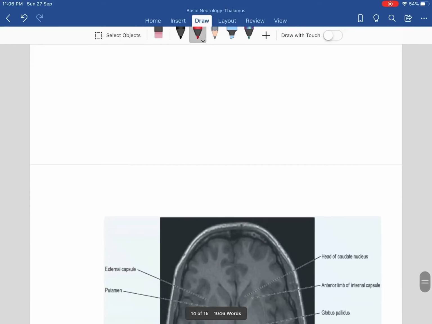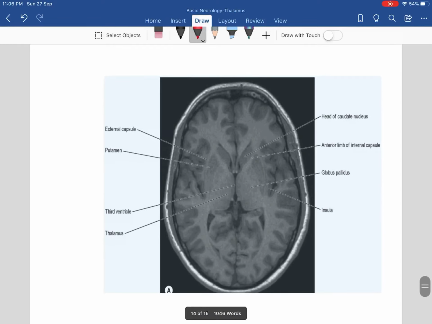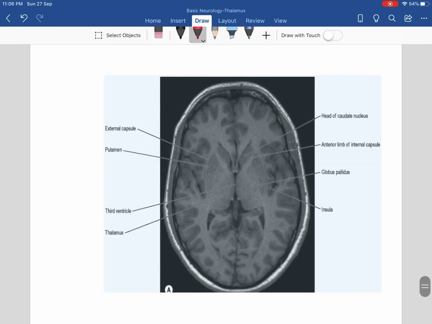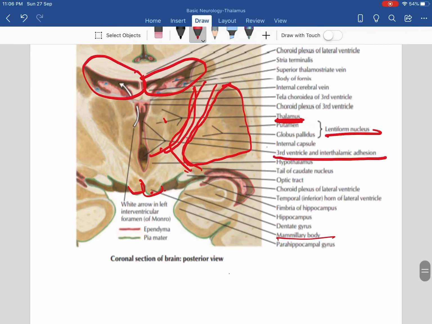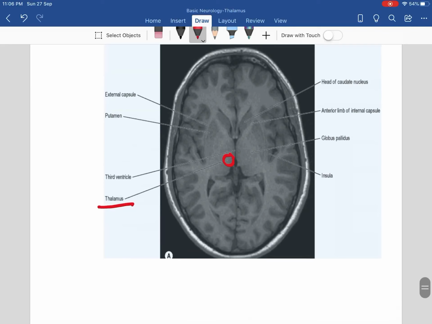Okay, so now would you be able to tell in the MRI which are the structures? Okay, now you should be able to identify the thalamus. Okay, the thalamus would be here. Okay, as you can see ना बिल्कुल ऐसे ही है. इधर thalamus था, this is more zoomed, that's why they are enlarged. Here it is proper structure तो छोटा रहेगा. So here thalamus will be like this. Okay, third ventricle तो दिख ही रहा है.